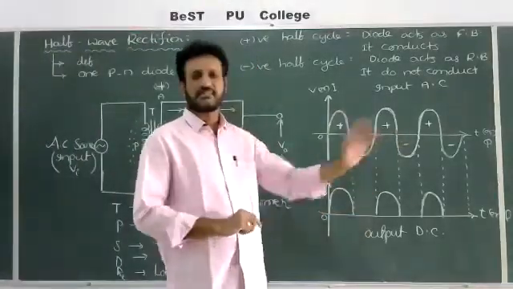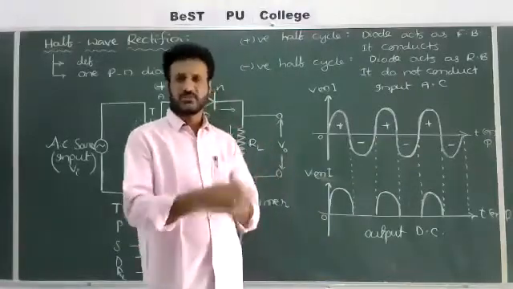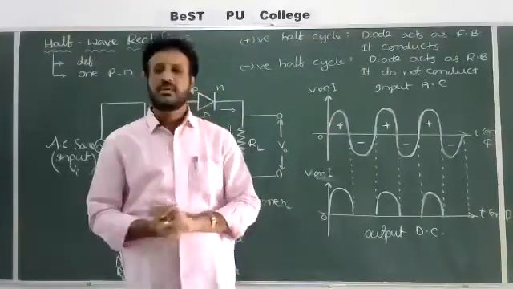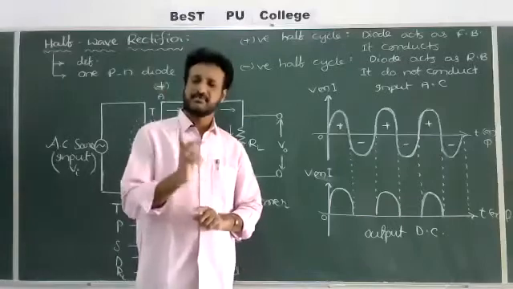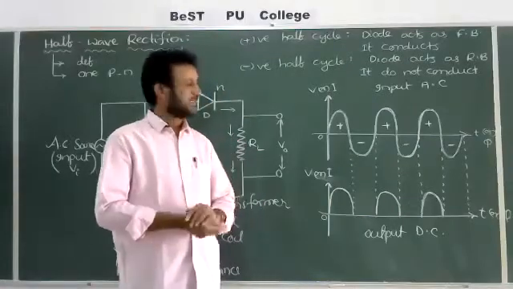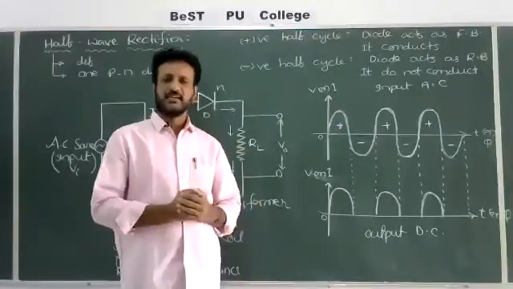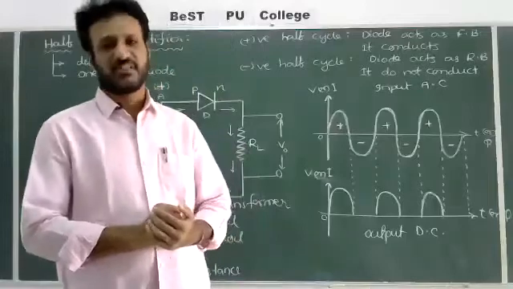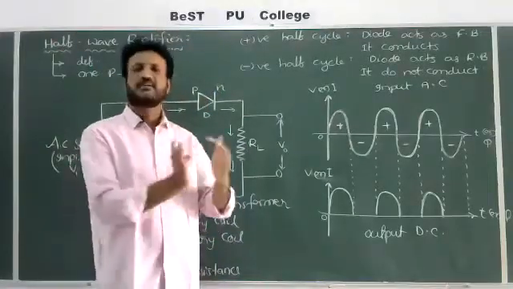Again, in the next half cycles the same thing will be repeated again and again. So the process is continuous. And check here what happens finally. During a positive half cycle of AC, the diode behaves as forward biased and it allows the current. During a negative half cycle of AC, the diode behaves as reverse biased and no current passes through the circuit. Hence, half of the AC can be converted into DC.